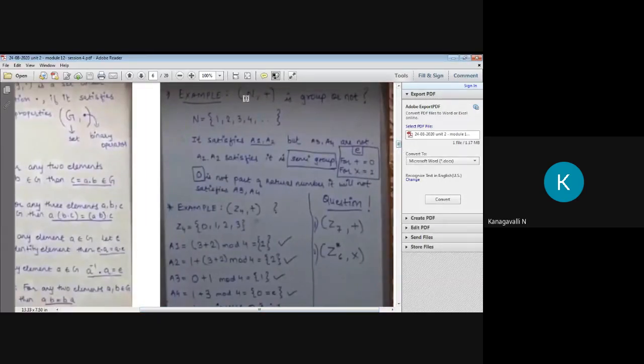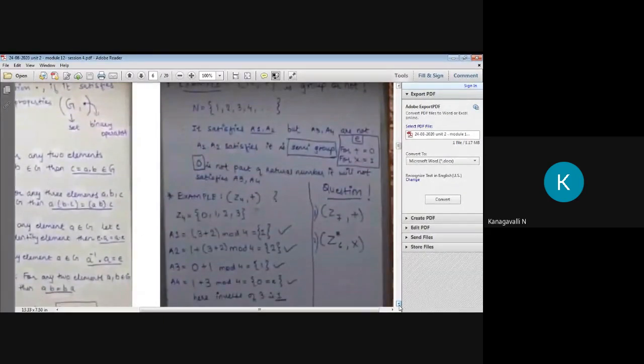What they are asking is whether the example is a group or not. So first we solve the two properties, then immediately we can say our structure is a semigroup, right? Then we will check the third one. As I already said, the identity property. What is that identity property? In addition it is 0, right? In multiplication it's 1. So if you add any integer with 0, definitely you get the same integer, right? So take an example, 0 plus 1 mod 4, then definitely the result is 1. 1 is present in this group. So it satisfies the third property also.